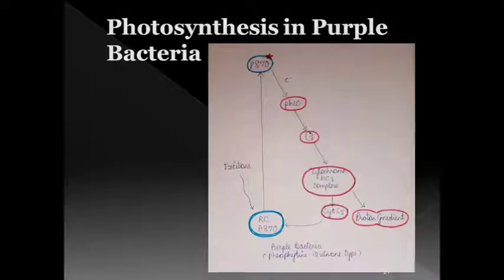Purple bacteria photosynthesis found in these bacteria is always a cyclic flow of electrons. We can see that the cytochrome bc1 complex is involved in the production of the proton gradient, that is, electrochemical potential is created with the help of cytochrome, and then afterwards electrons are handed over to cytochrome c2 and then again recycled to the same reaction center P870.